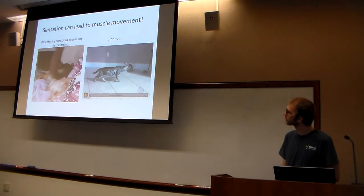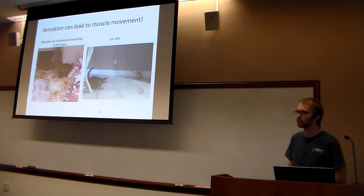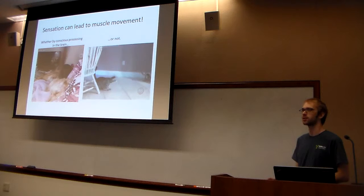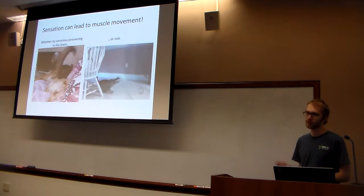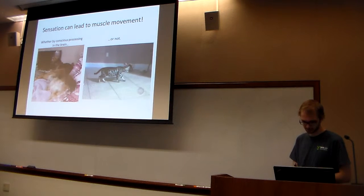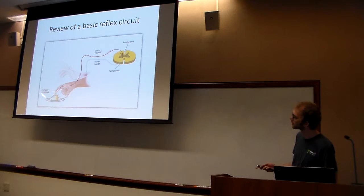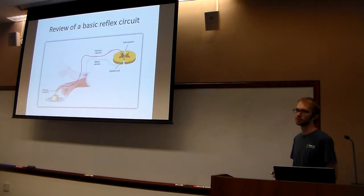On the other hand, you've also got some unconscious processing, right? So remember we talked about reflexes, and so these reflexes initiate movement independently of the brain, so you don't even think about it, you just move. I don't know what this cat is moving immediately to, but something is triggering that movement. And so if you remember, we had this little reflex circuit here, where you have sensation at the level of the skin, you get action potential signal to the spinal cord, and then in response you have motor movement without